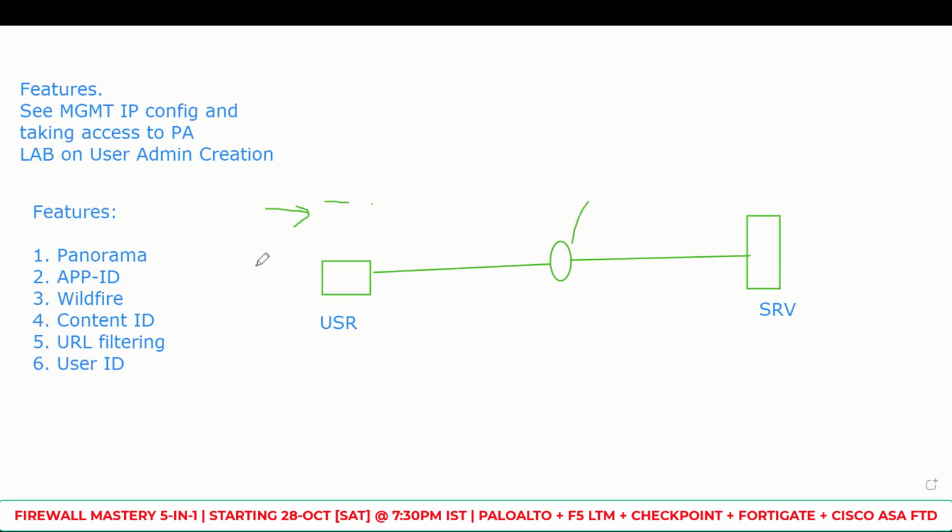If not, it sends the traffic to the wildfire public cloud, where it analyzes the traffic based on a sandbox mechanism, where it has a sandbox PC, a test PC. It will try to send the traffic towards the server that the user is trying to access, the URL he is trying to access, and see what the response is. With that, it identifies whether this URL is a threat or not. And if it is, it creates a signature for it and sends that information to the Palo Alto,